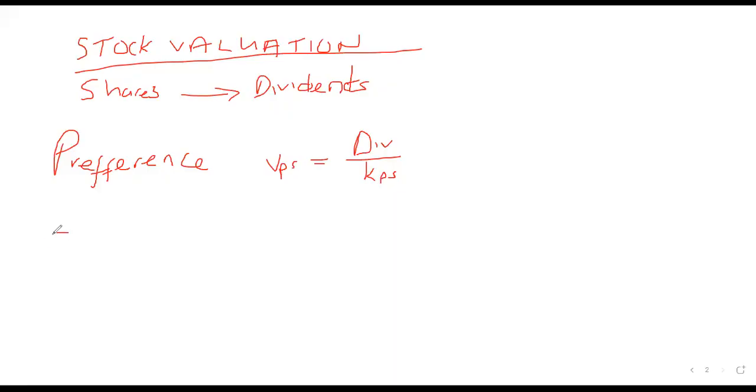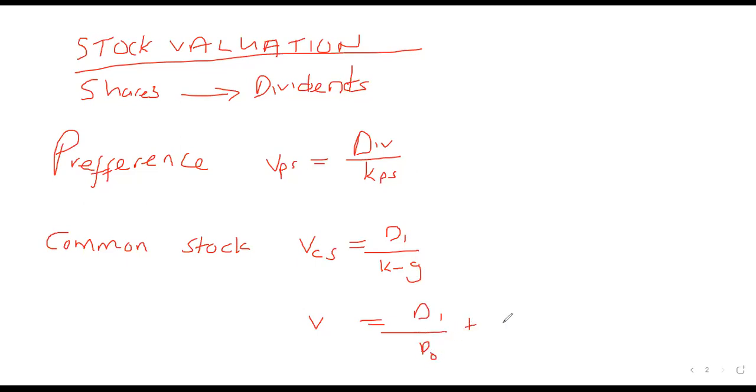So when we come to common stockholders, the equity formula, the value of common stock, CS, is given by D1 over K minus G. Okay, this is using Gordon's model, in perpetuity, by D1 over P0 as growth. We're going to look at this.